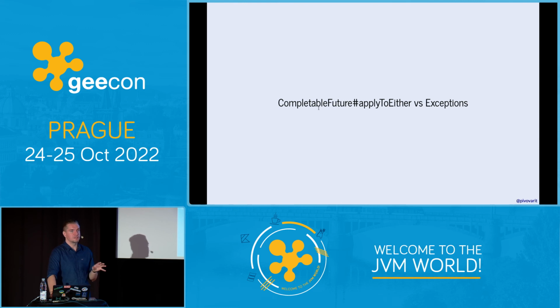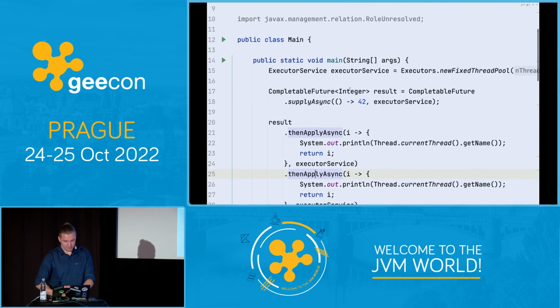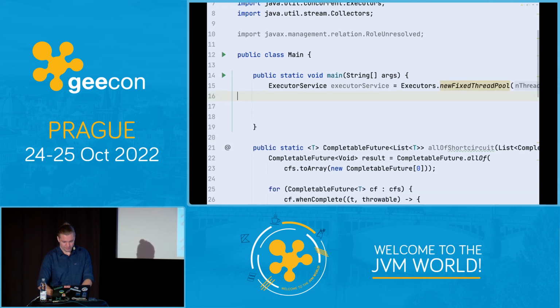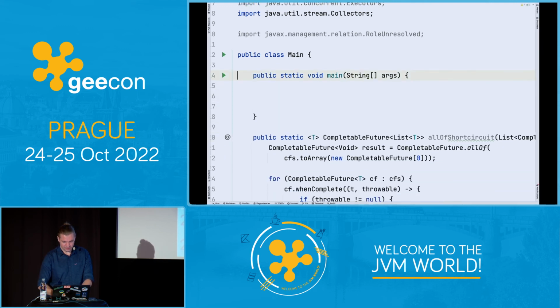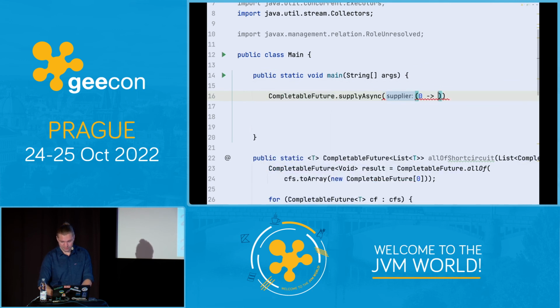And that's how we arrive at one final interesting part of the day, which is applyToEither and how it handles exceptions, which can be, again, pretty surprising. Let me get rid of all of that code. Let's remove even that. Let's go for CompletableFuture.supplyAsync, process 1,